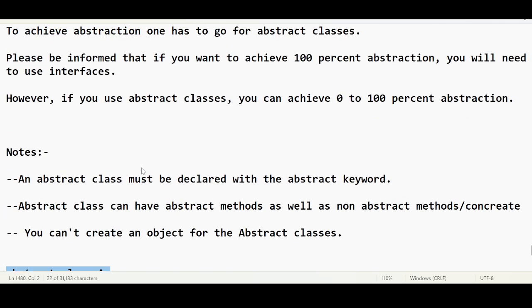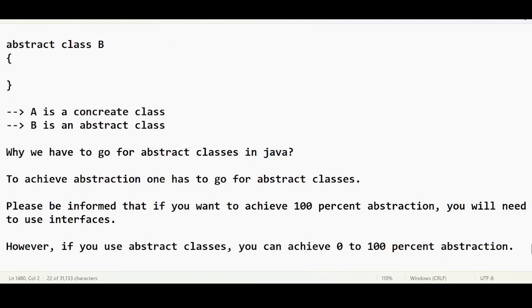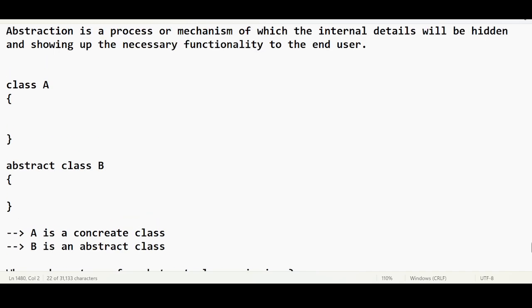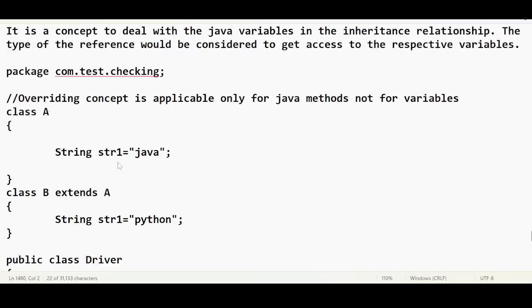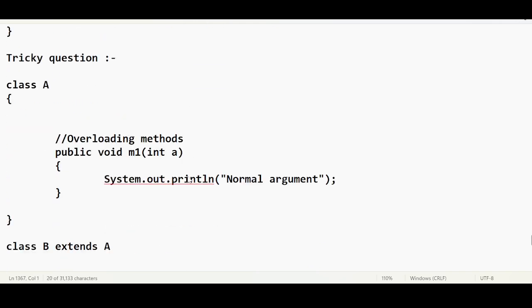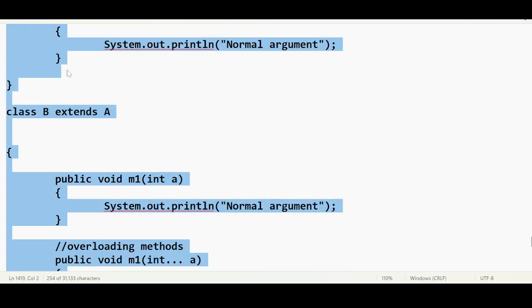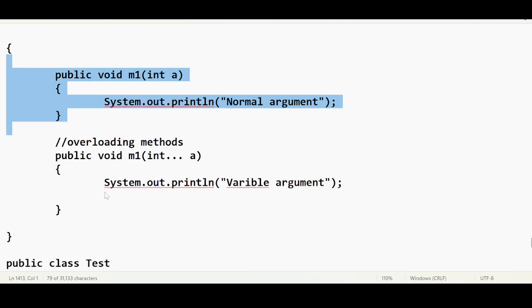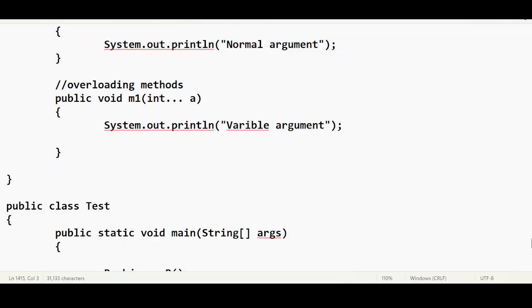When you come to tomorrow's class, try to revise this abstraction, especially these keywords. And try to do some practice on the previous topic, overriding, what we call shadowing, especially the variable part as well as the normal argument or variable argument. These are frequently asked questions, so that's why I'm stressing a lot on these particular programs. Any questions for me? If you have